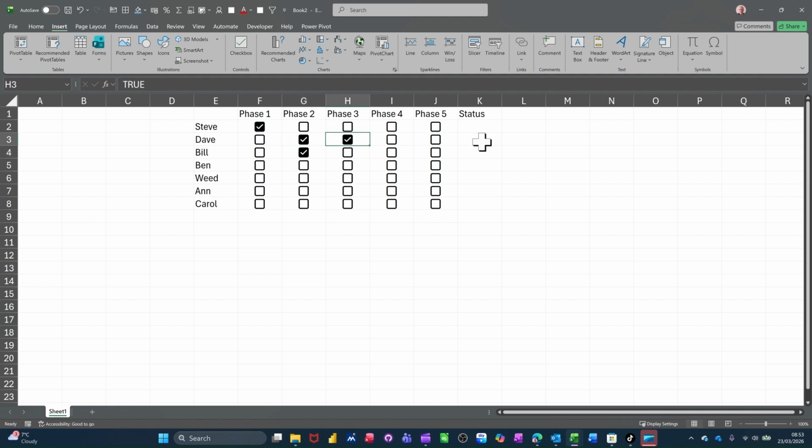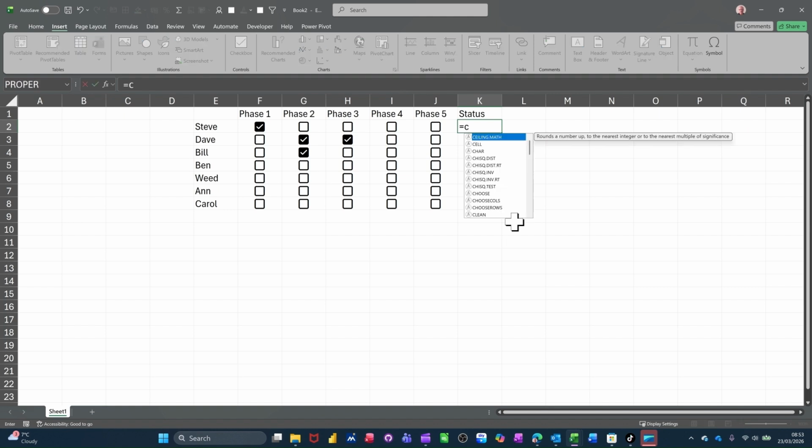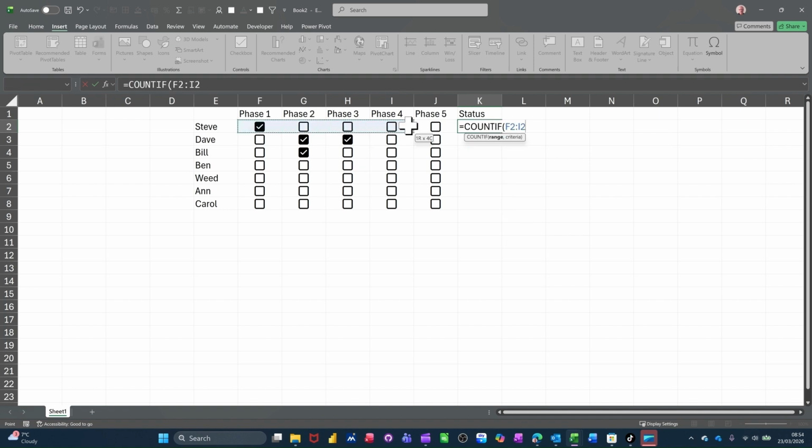And now in this column I want to do the COUNTIF function, which is going to count how many times it says TRUE along each of those lines. So it's equals COUNTIF, you highlight the line, comma, and then the word TRUE. You don't need to put TRUE in quotes like you do with normal text because it's TRUE or FALSE, it's a boolean. I'll just close that bracket, click the tick, and that scores that one. Now I can just bring that down. Oops, just tick that again,